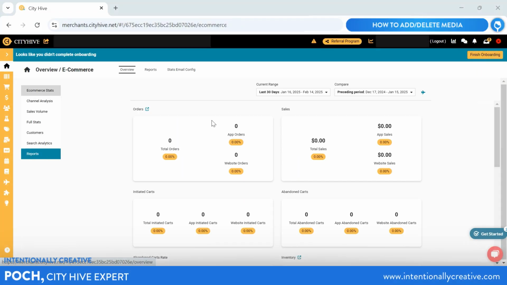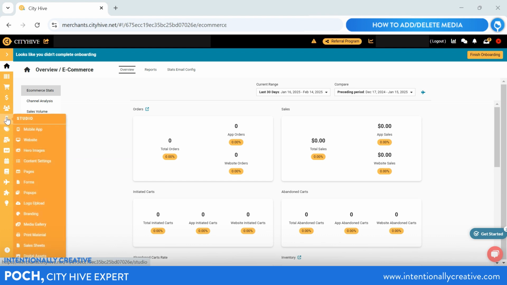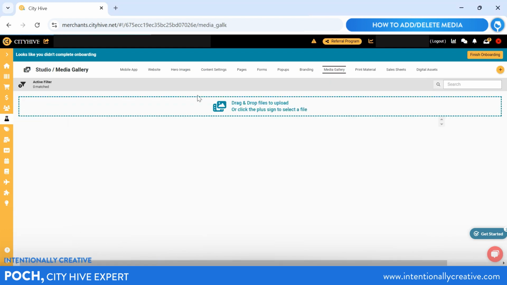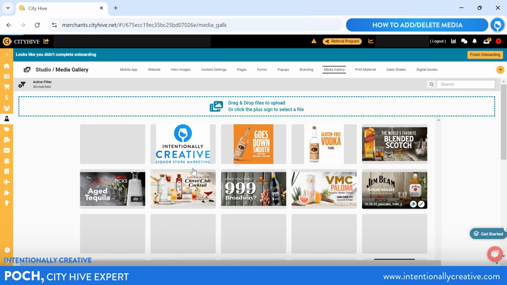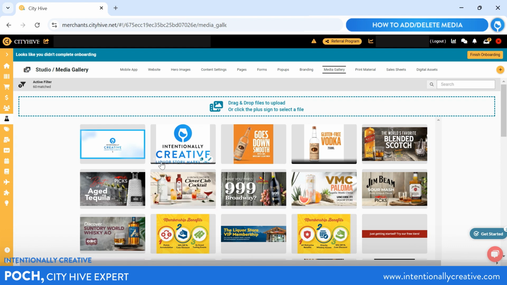So let's start here from the dashboard. From here, you're going to want to locate the studio icon. From the studio icon, go down to the submenu Media Gallery. Now, for the media gallery, you'll see all of the pictures here that you've already uploaded on your dashboard or